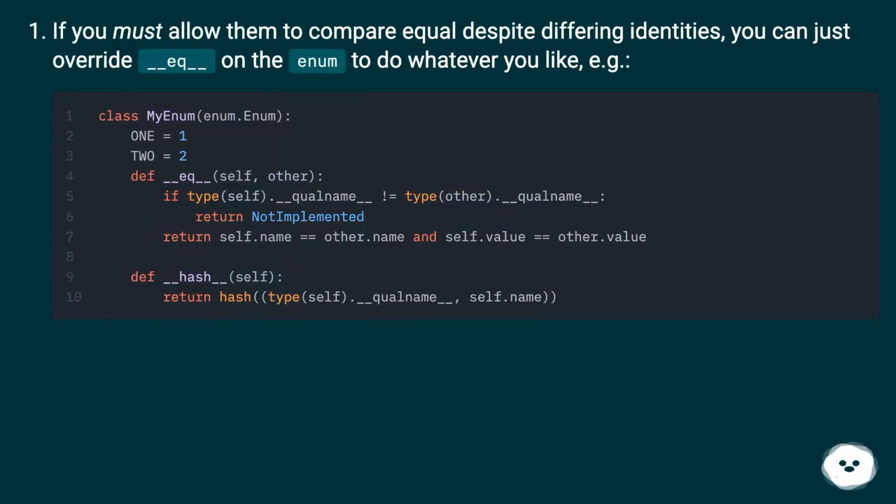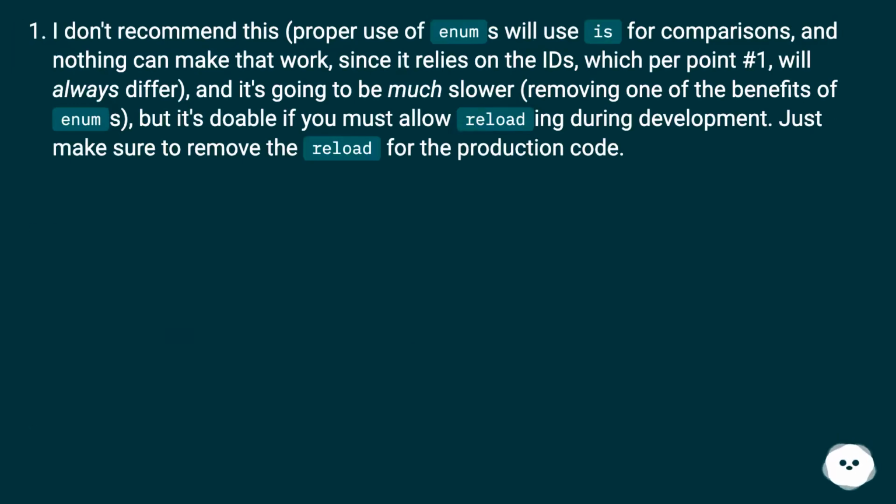If you must allow them to compare equal despite differing identities, you can just override __eq__ on the enum to do whatever you like, e.g. I don't recommend this. Proper use of enums will use "is" for comparisons, and nothing can make that work, since